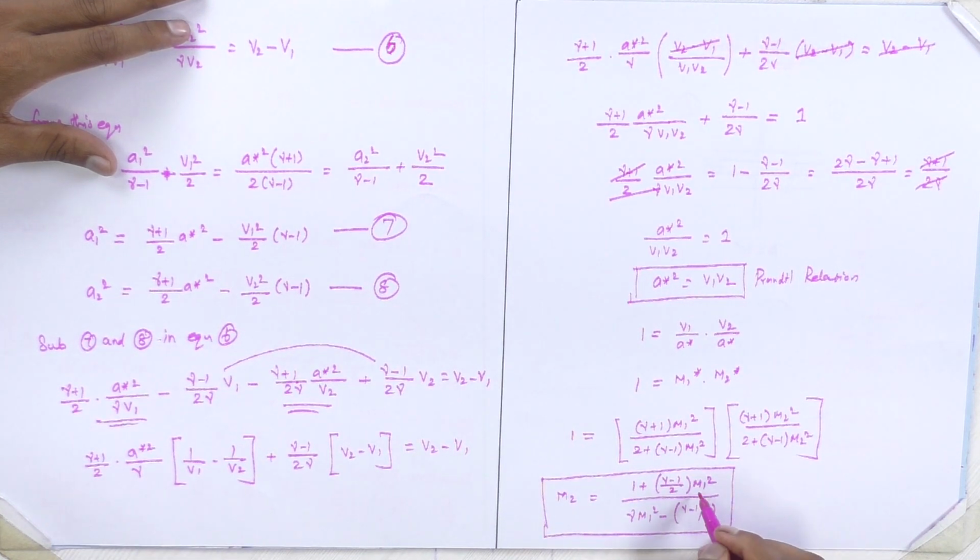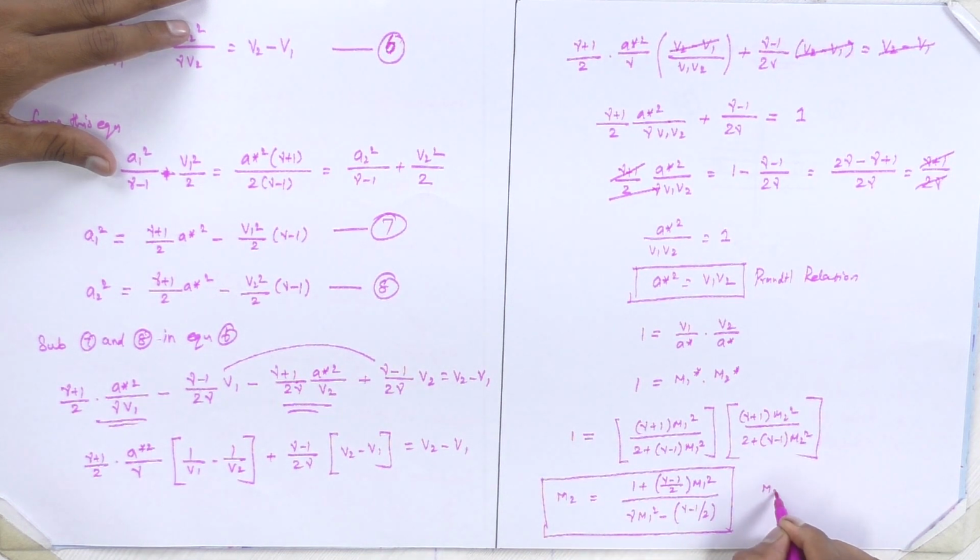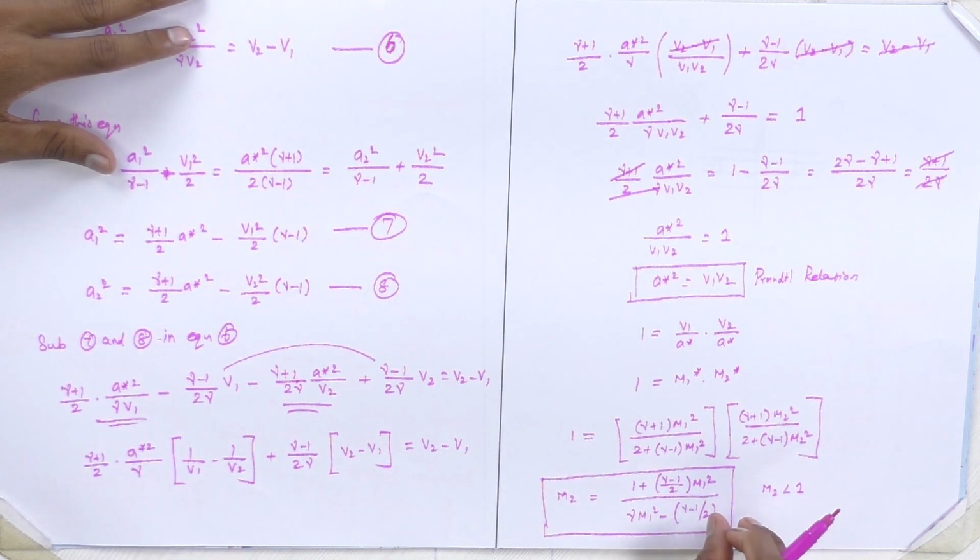So here the m1 value will be a supersonic value. For all supersonic values, we will get m2 as a subsonic value. So it states that the downstream flow of a normal shock wave will always be a subsonic flow. Now we are going to relate all the properties as a fraction and also as a function of m1.